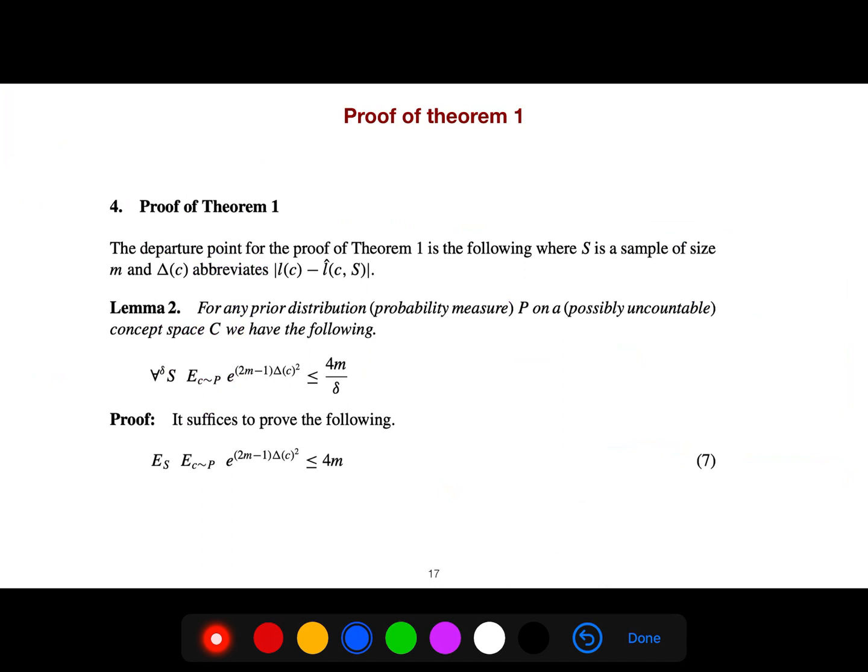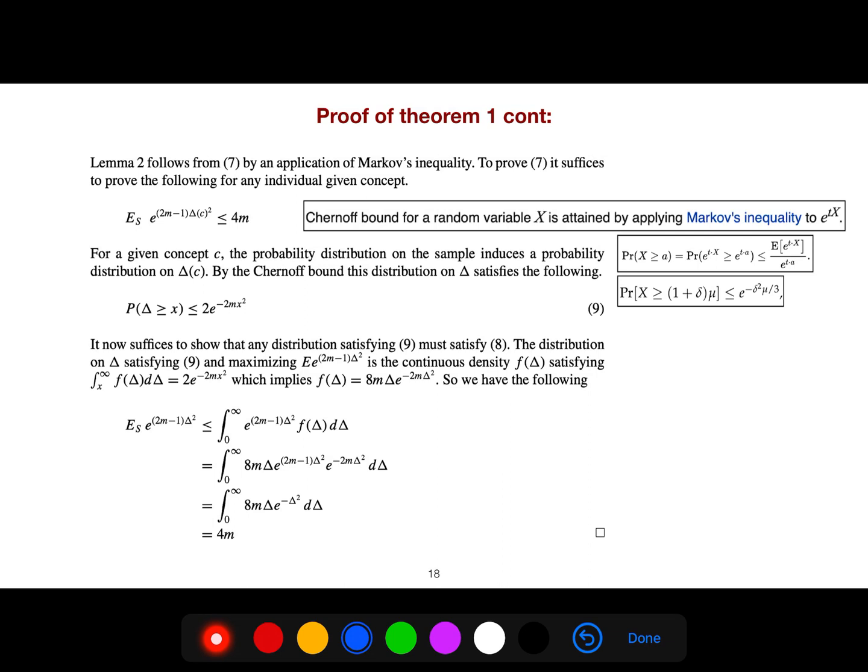So this is the proof of lemma 2. And we use the Chernoff bound for a random variable. It's like applying Markov